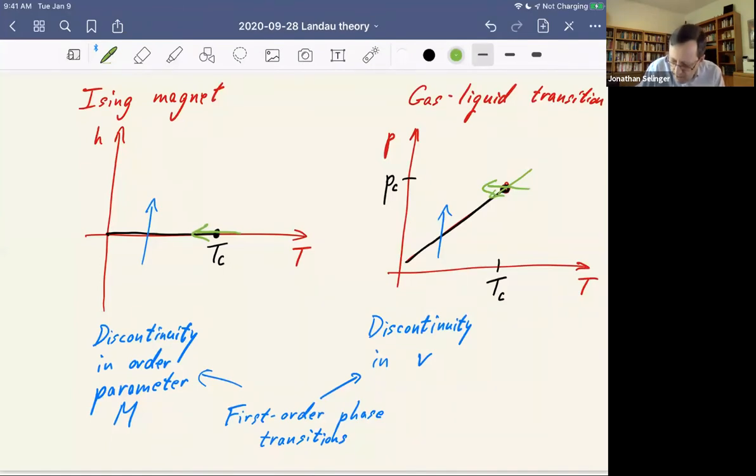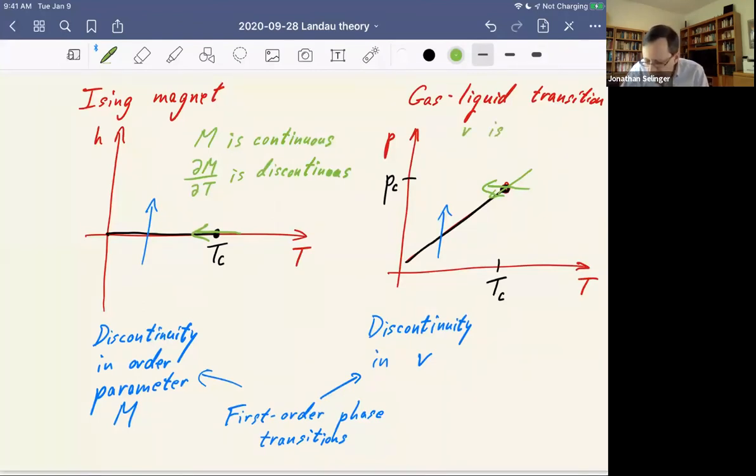So in this path, we would say M is continuous, but the derivative of M with respect to temperature is discontinuous. Oops, discontinuous, right? Or likewise, in one of these green paths in the gas-liquid transition, the volume per molecule is continuous,